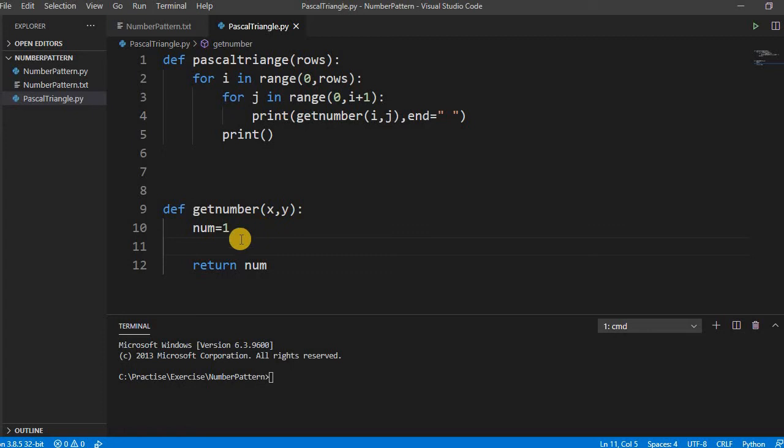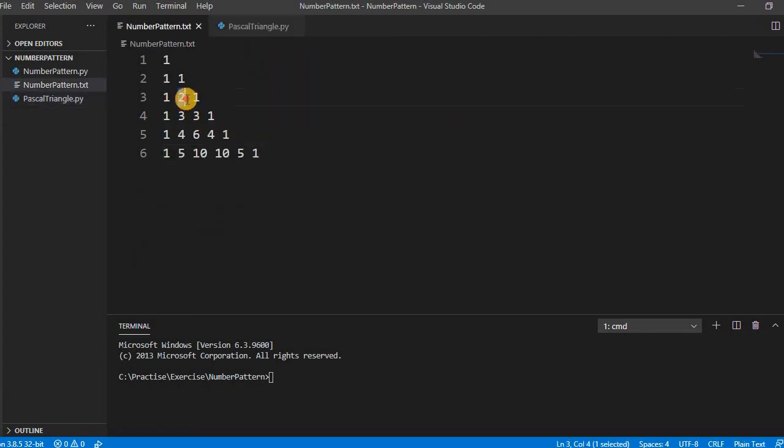Now come here. By default, I have taken 1 because we have to only calculate the values in between, like this 2 and this 4 6 4 and this 5 10 10. So for row number 0 and column 0, we don't have to do anything. For rows 1 and column 0, and row 1 column 1, we don't have to do anything. For row 2 and column 1, we have to do the calculation by adding these two numbers, right?